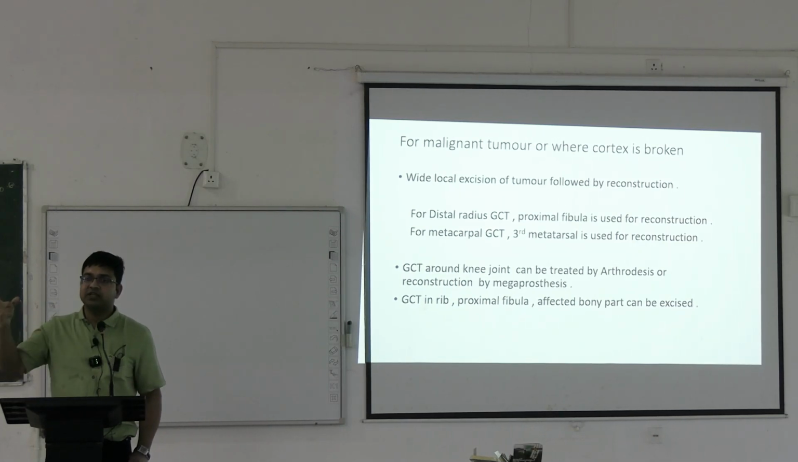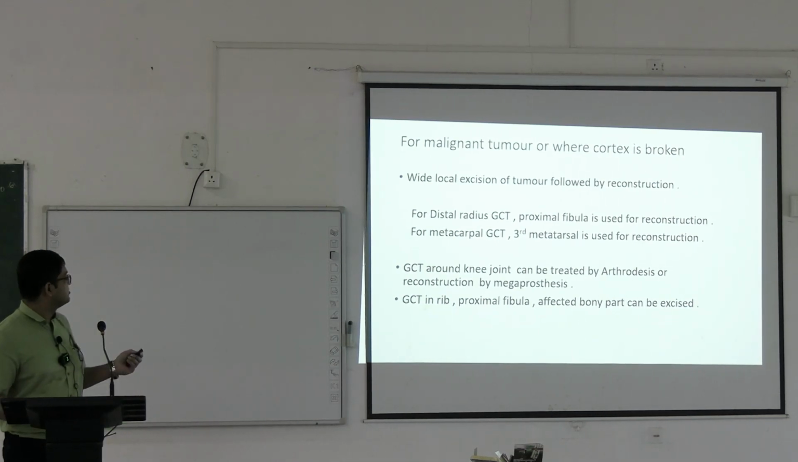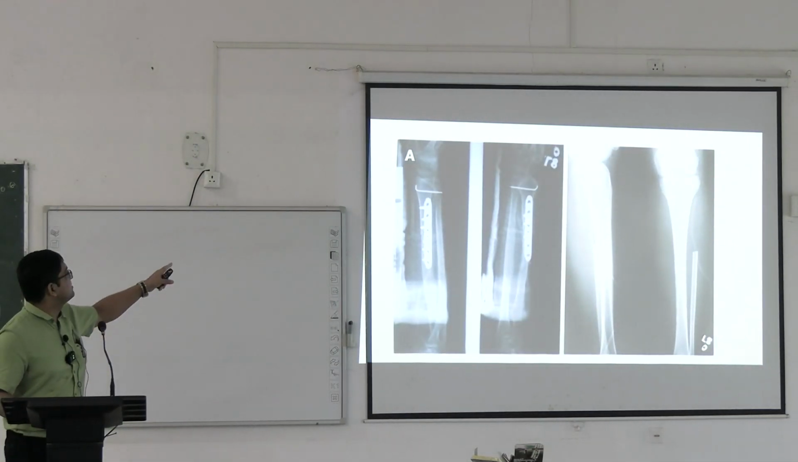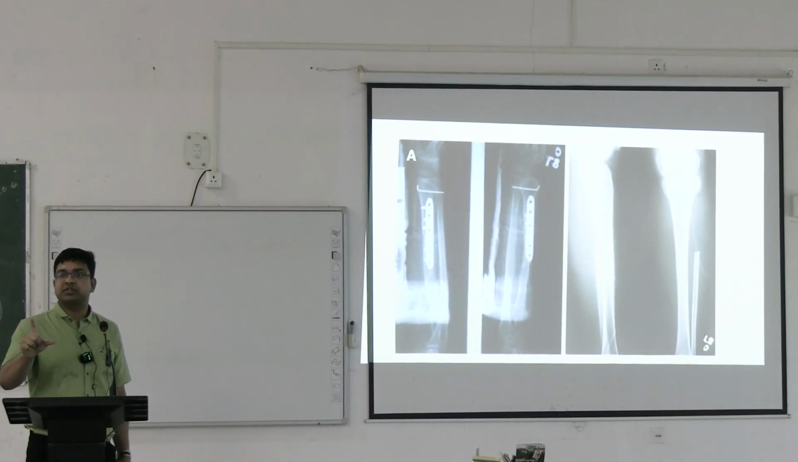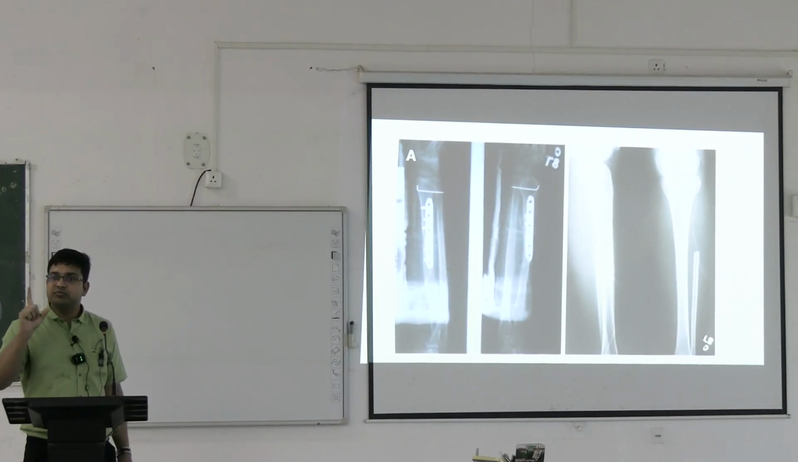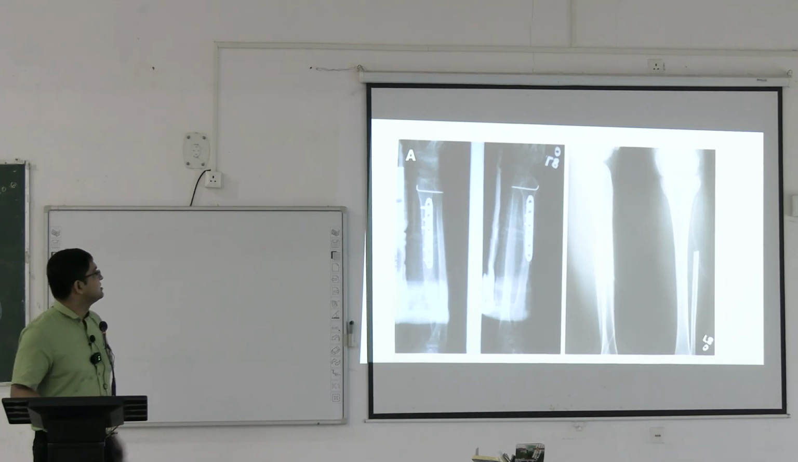For example, if there is a GCT in the distal radius, we have to reconstruct the distal radius with a proximal fibula. In this picture, distal radius GCT, you have to remove the tumor, remove the surrounding soft tissue, and then reconstruct the bone with another bone like proximal fibula. Or